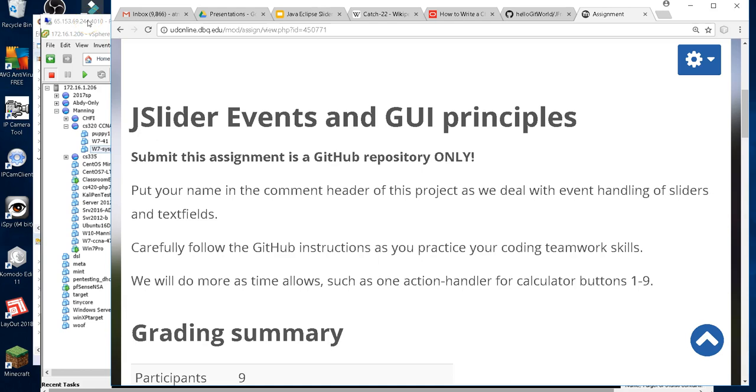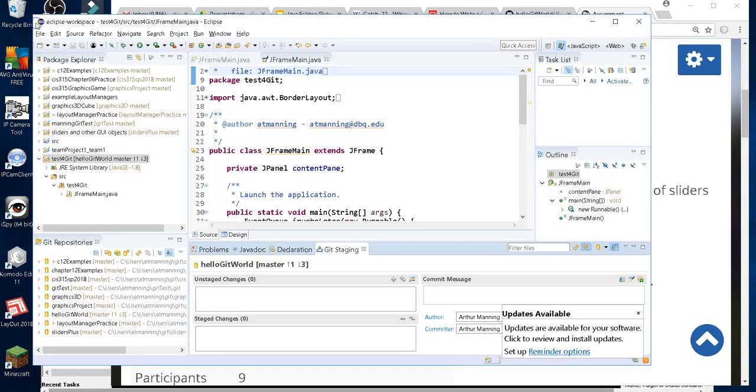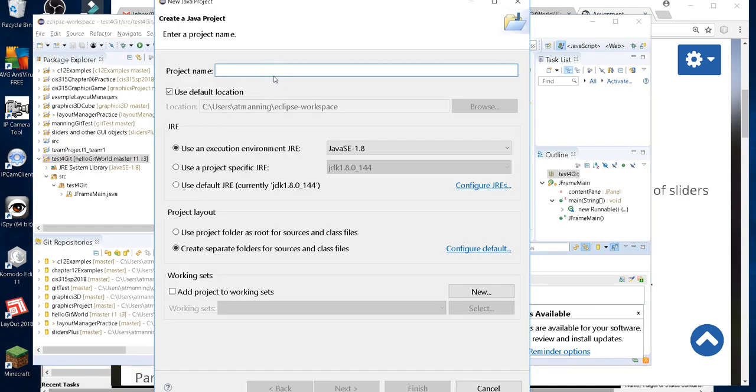So I'm going to go over to my Eclipse now and start a new project. New Java project. Give it the name, I'll call it Sliders